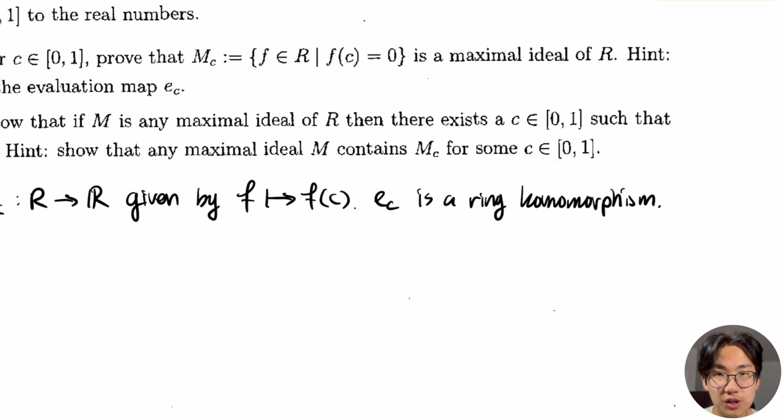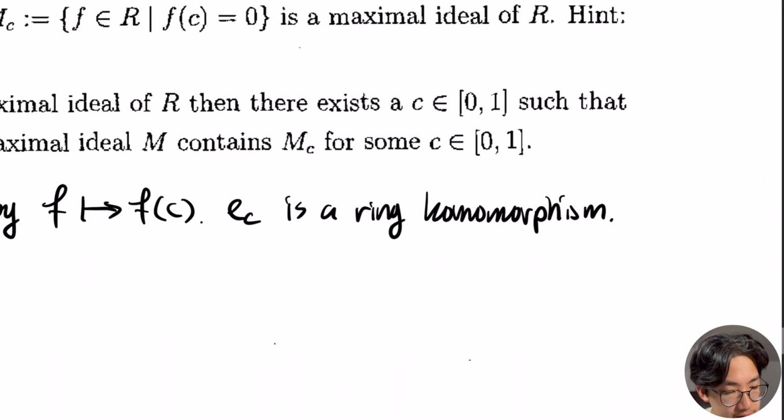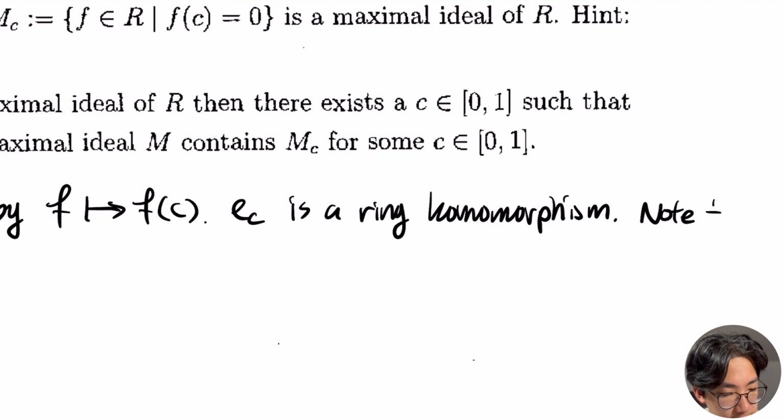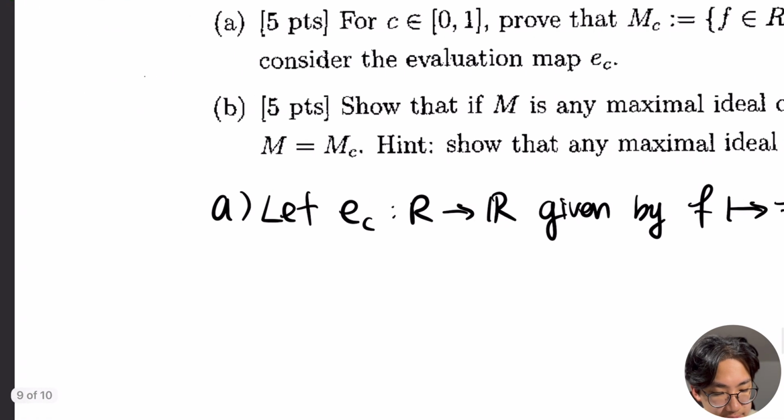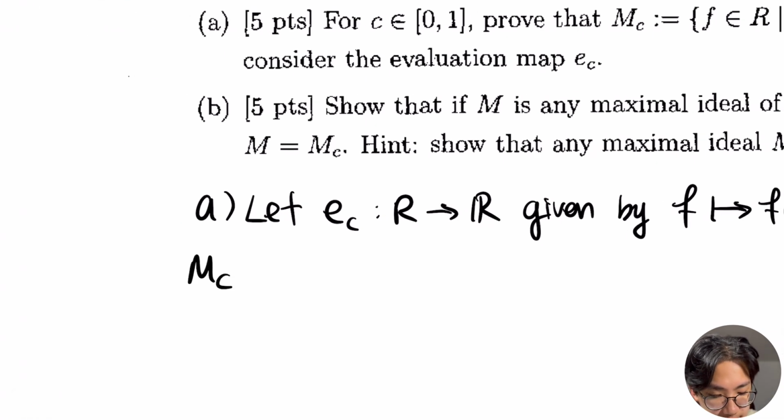Those, again, are just quick notes on surjectivity and showing that it's a ring homomorphism. Definitely not too difficult to show. On an exam, it's safest to show it, but for our purposes here, we'll just omit that for now. So next, we'll make a quick note. So we can note that M sub C over here is precisely